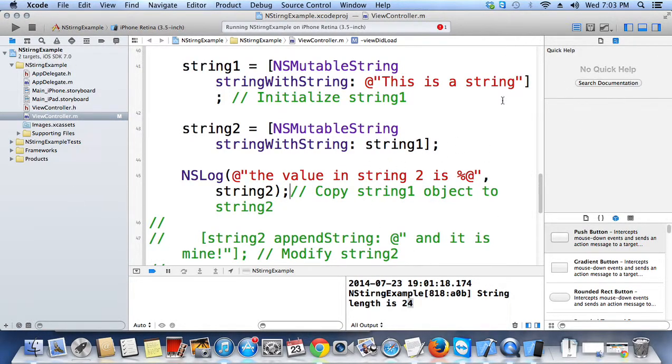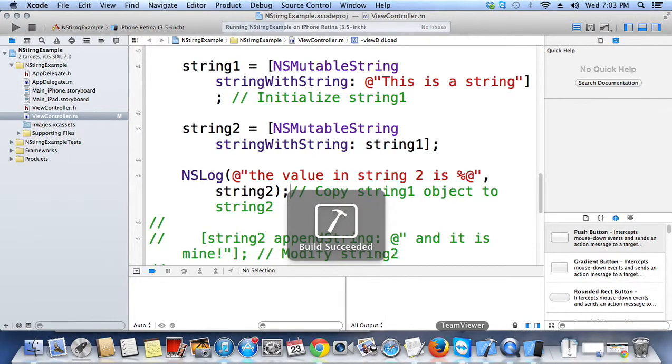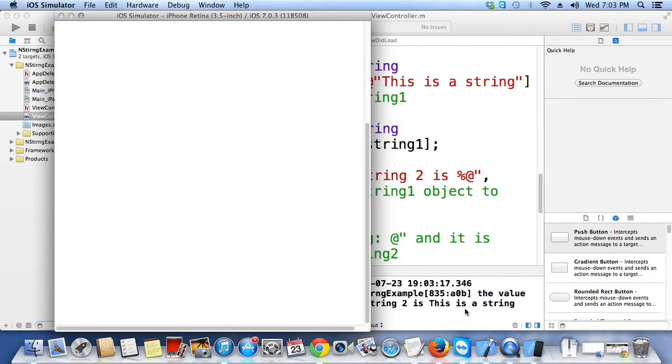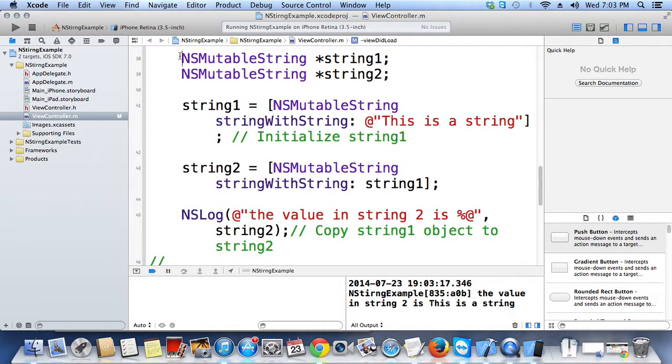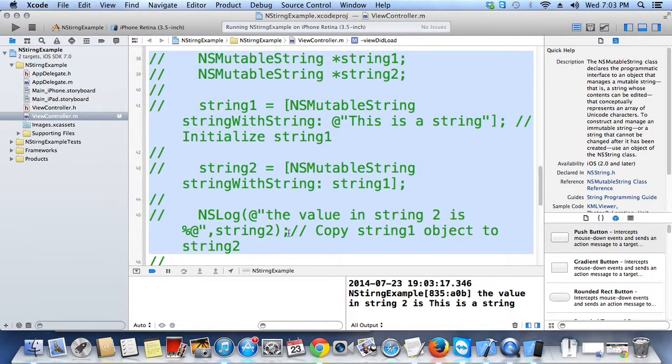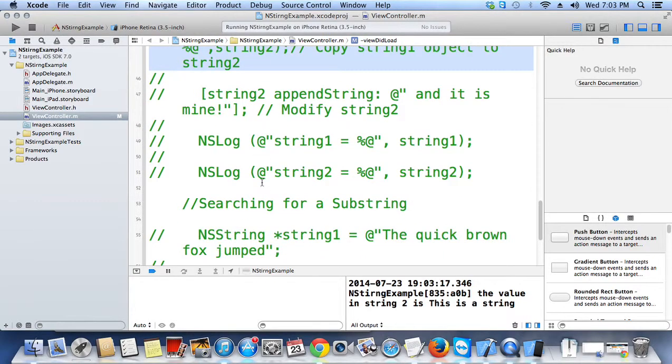See, this string2 will have the value that is stored in string1. The same value is going to show. Okay. Let's see.